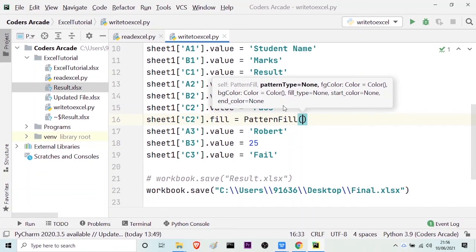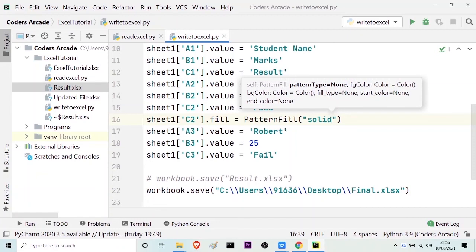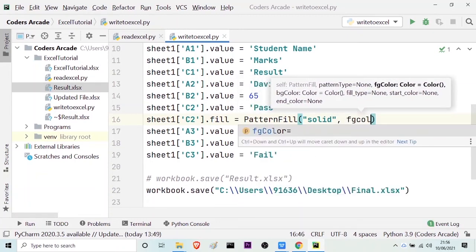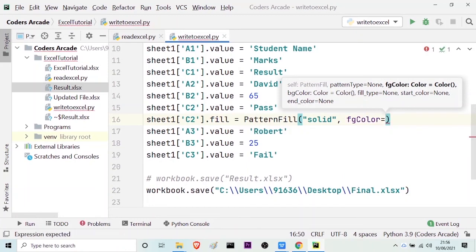first you can see it is asking me for the pattern type. Then it is asking me for the fg color, or the foreground color. So in the double quotes, I will provide the pattern type, which is solid, and after the comma, I will give fg color equal to, but here the question is we have to know